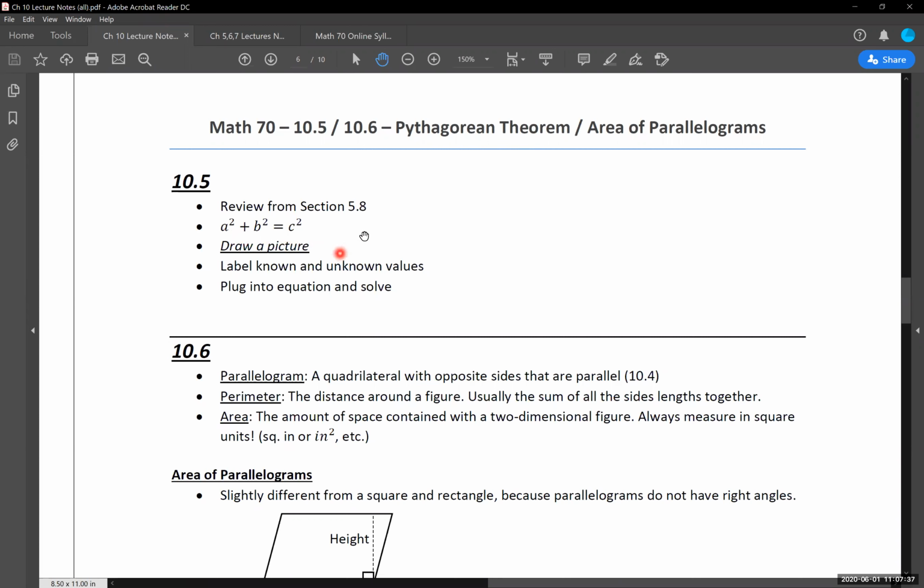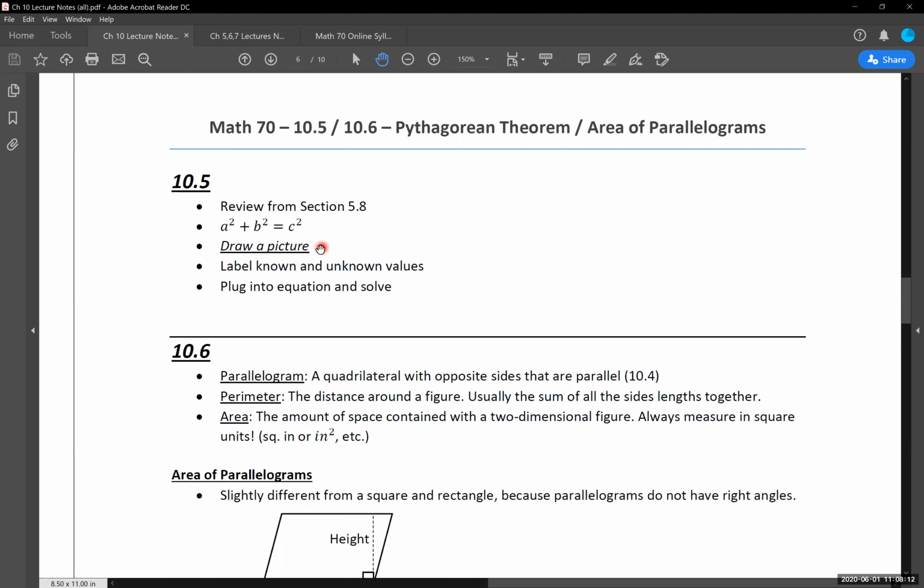My recommendation, and we're going to jump over to the actual 5.8 material to see this again in a bit more detail, as you are going through these types of problems, regardless of whether we have been given a story problem or a generic problem with an a or b value, a b and a c value, whatever it may be, I highly recommend to everyone: draw a picture of a right triangle for yourself. A lot of people do not do this, and then they start plugging in a's and b's and c's into incorrect spots in their equation.